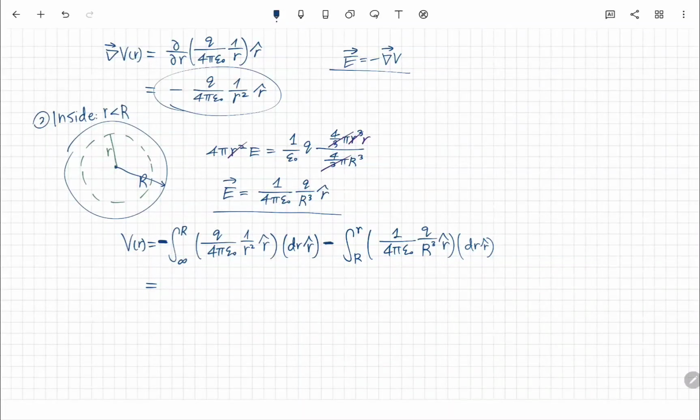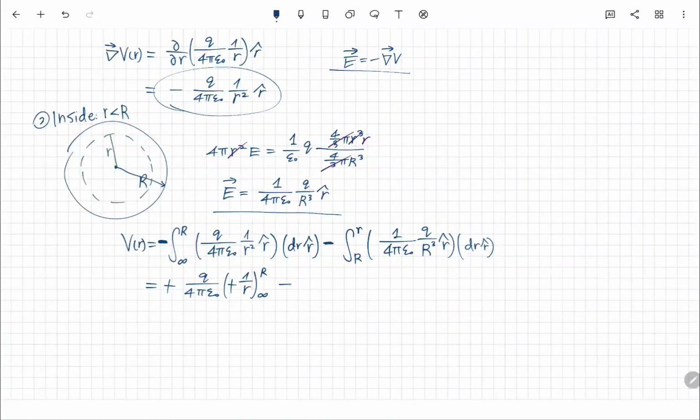We're taking out a constant. This is very tiring, explaining everything while writing. So minus 1 over r from infinity to R,